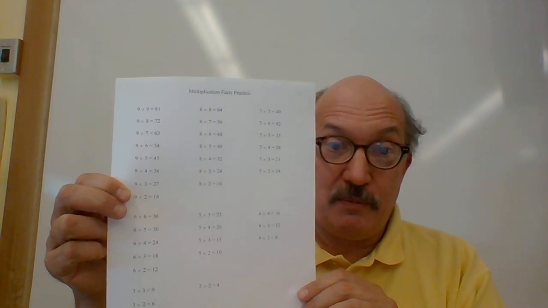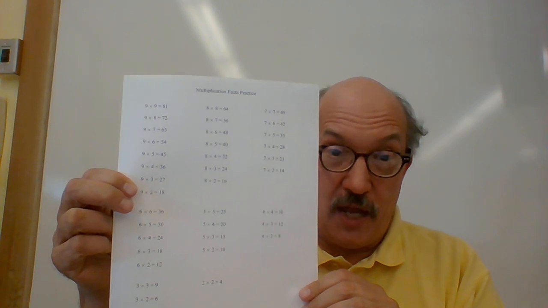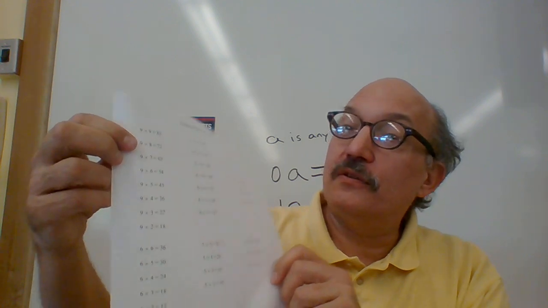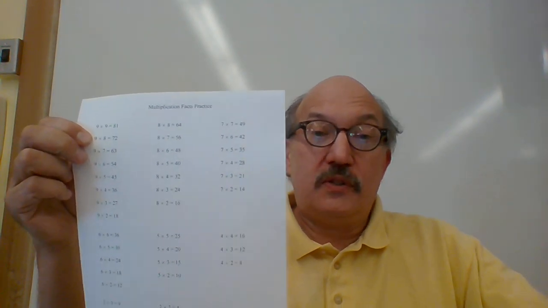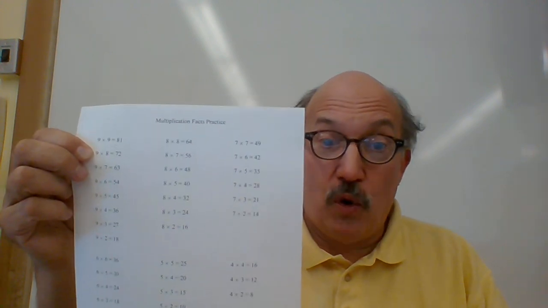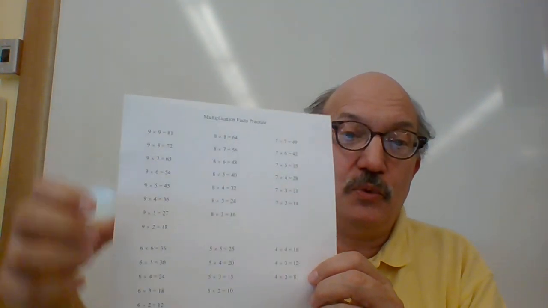Take a piece of white line paper, and on the first line write 9 times 9 equals 81, and 81 divided by 9 equals 9. When the 2 digits are the same, like 9 times 9, you're only going to have 2 facts. Then go to the second line of the white line paper and do 9 times 8. Write 9 times 8 equals 72, 8 times 9 equals 72, 72 divided by 9 is 8, and 72 divided by 8 is 9. You'll get 4 facts, 2 multiplications, 2 divisions,